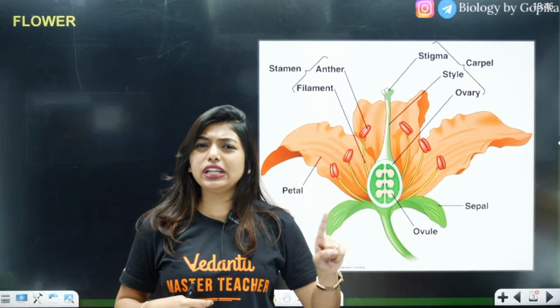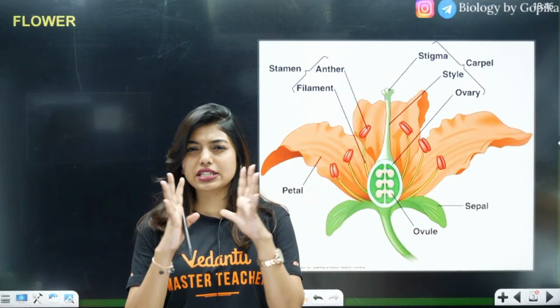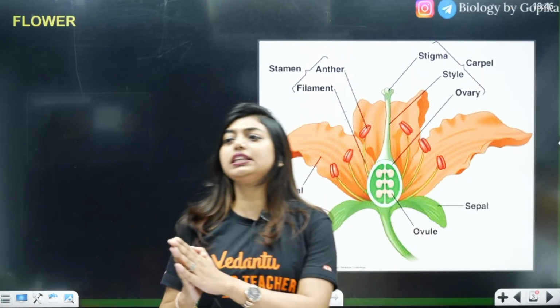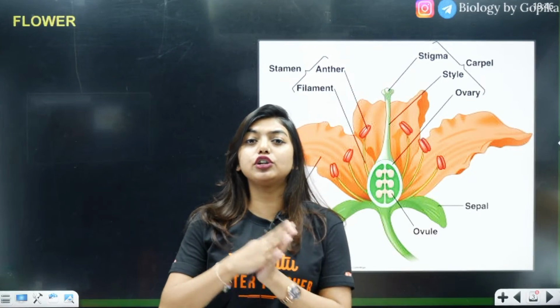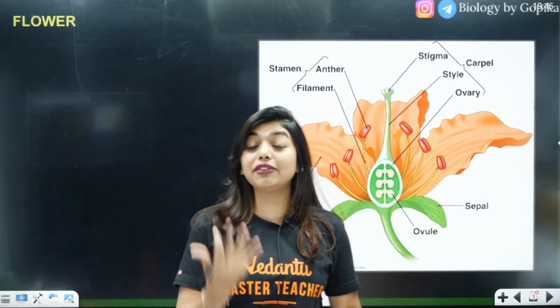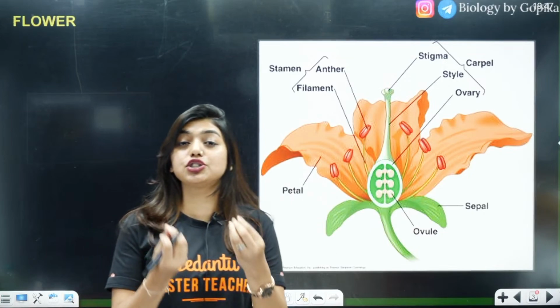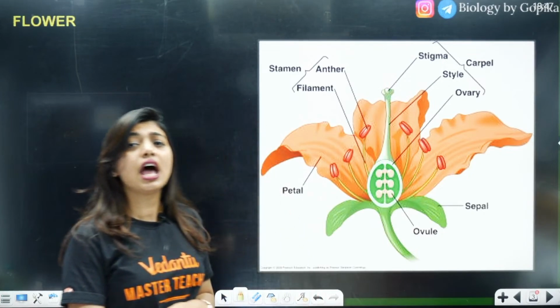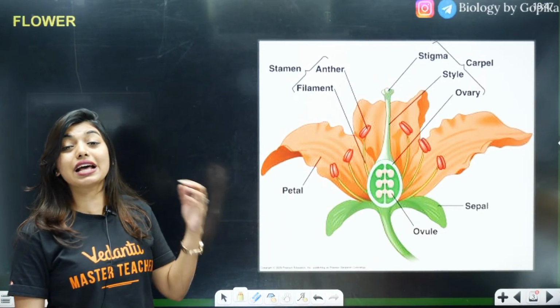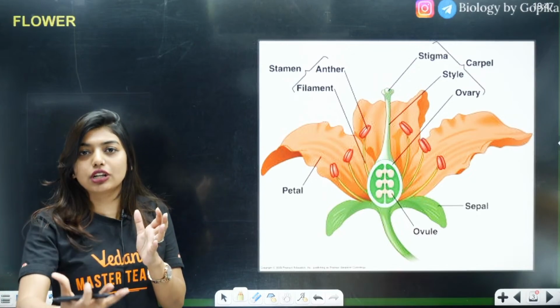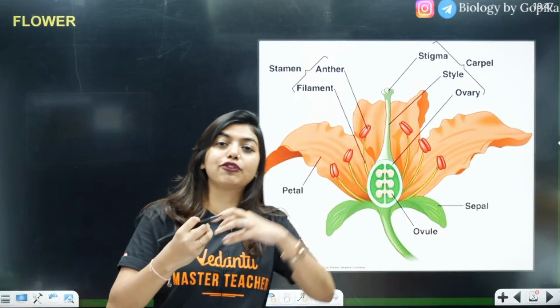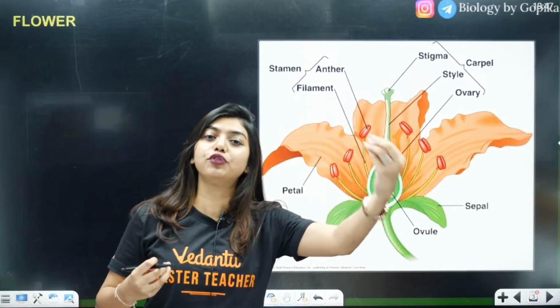But is that the only job of a flower? Is a flower created so that Aditi and Shivani can give it to their friends? Not really. A flower is actually made by your angiosperm. Angiosperms form these flowers as a part of their sexual reproduction, so that we can form seed out of it and fruit out of it.